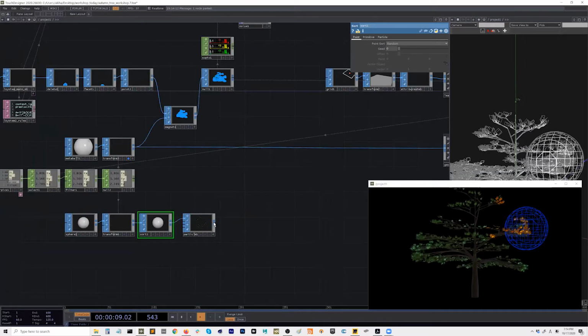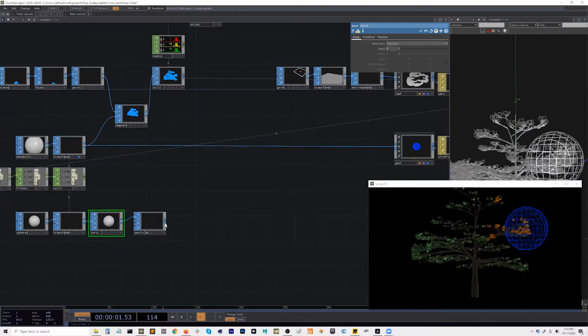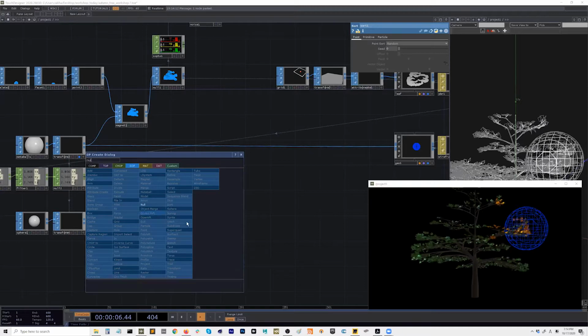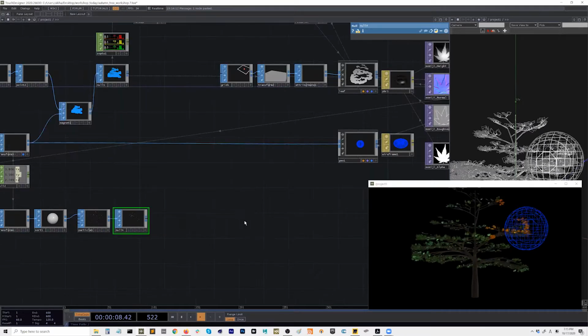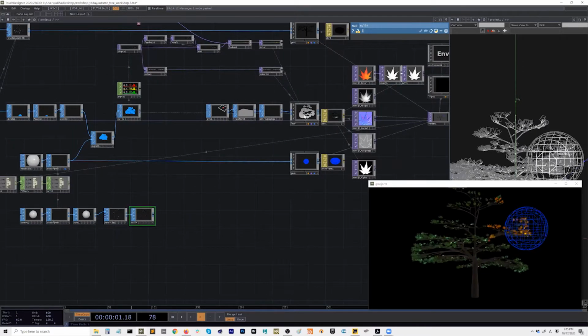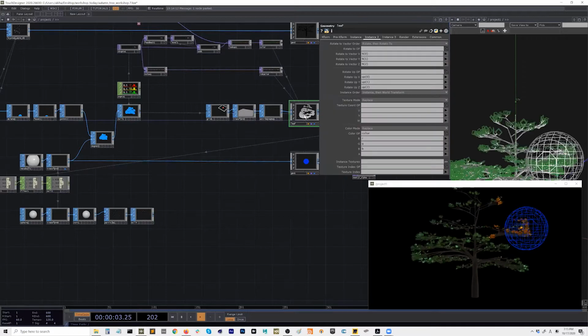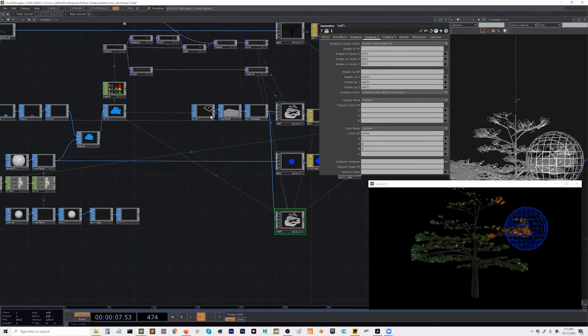Let's go ahead and make this into an instance as well. So put in a null. It's going to be the very same thing. We can even copy and paste this leaf to that. Now, because the color is the same, we just change the position with the particles.